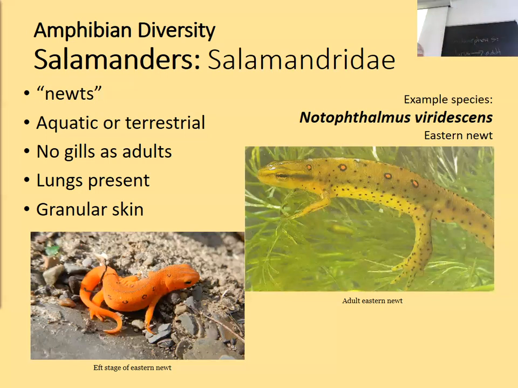They do not have gills as adults, even in the aquatic stage. They do have lungs. And they have this very granular skin, especially in the eft stage. And they do release toxins. And so these guys produce toxins in the same family as a pufferfish, tetrodotoxins. And it inhibits the functioning of your nerves, essentially the firing of the action potentials. And so it can lead to paralysis or worse. So don't eat these or lick them. You won't get a buzz, you'll get a numb tongue.